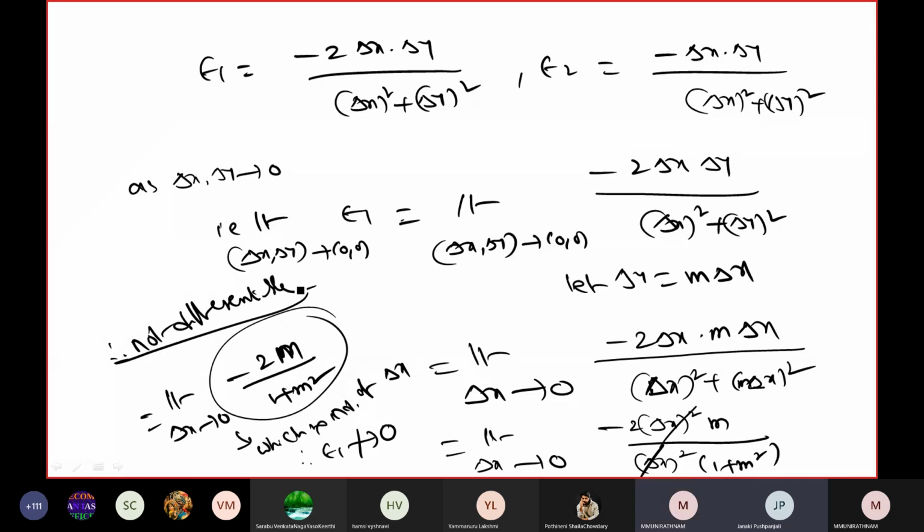Any doubts, please? So that's the way you can verify in both ways. At least one of the ways you can verify. Okay,